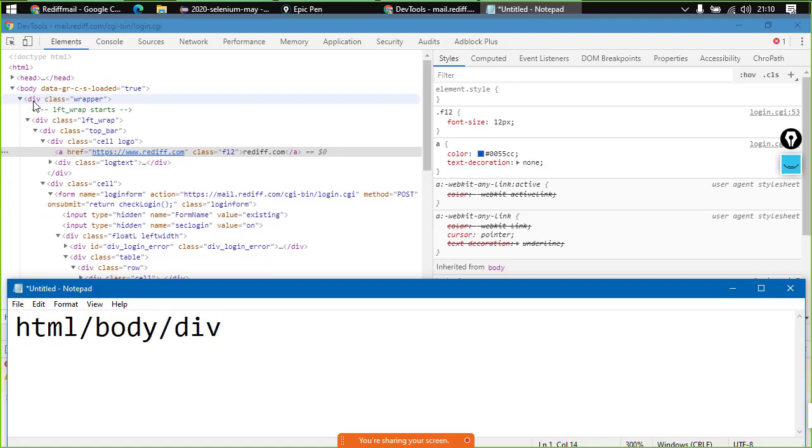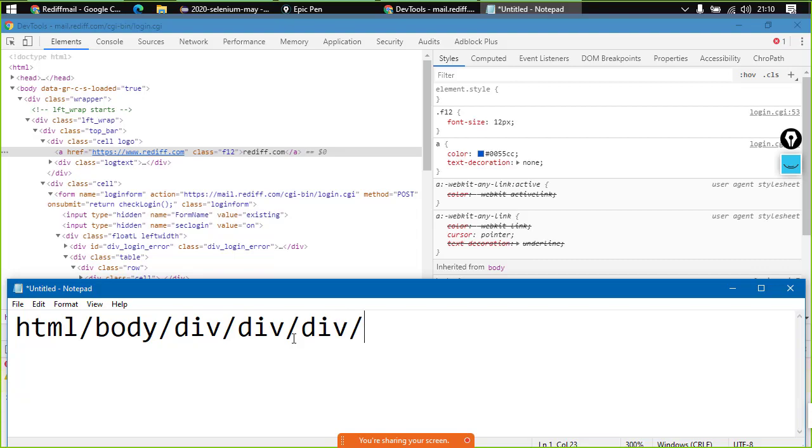Inside this div tag we need to get inside the div tag once again, so /div, and we are done getting inside two div tags.